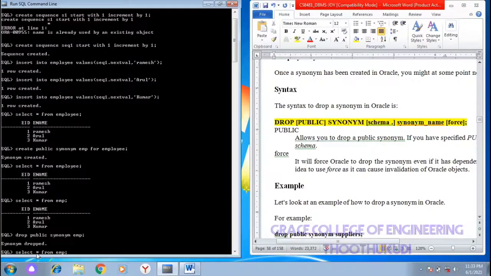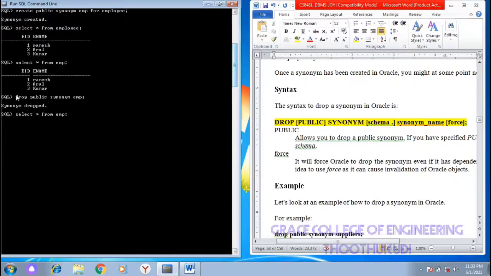After that, check it with the display command: select star from EMP. Before, it showed the content of your employee table, but now it shows the error: table or view does not exist.